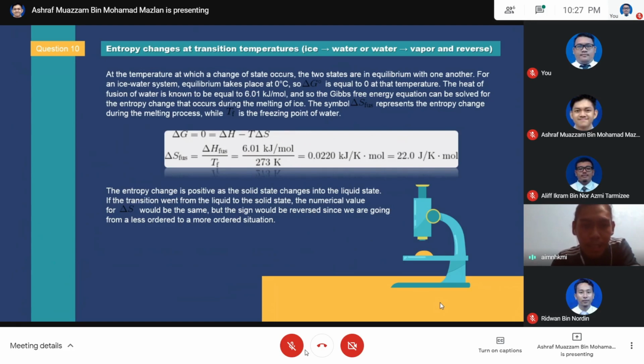The entropy change is positive as the solid state changes into the liquid state. If the transition went from the liquid to the solid state, the numerical value for delta S would be the same, but the sign would be reversed since we are going from a less ordered to a more ordered situation. Next,